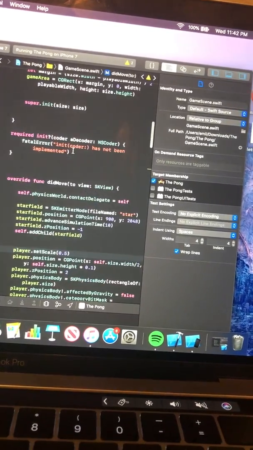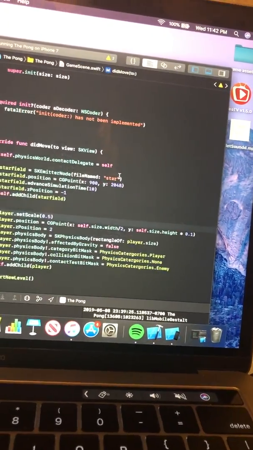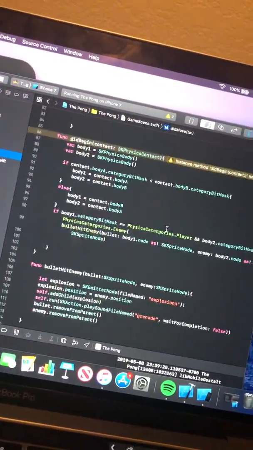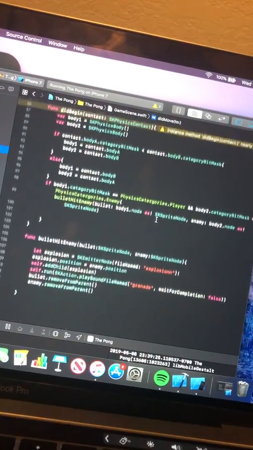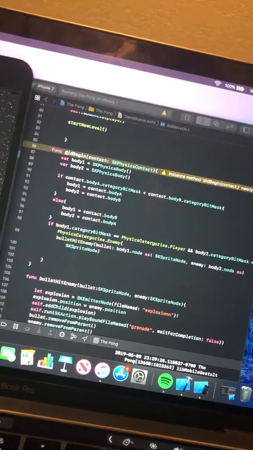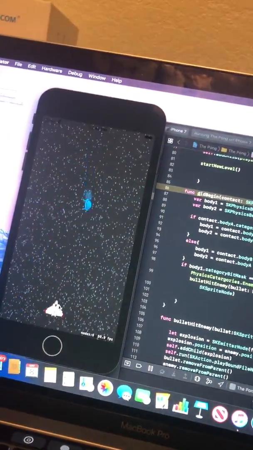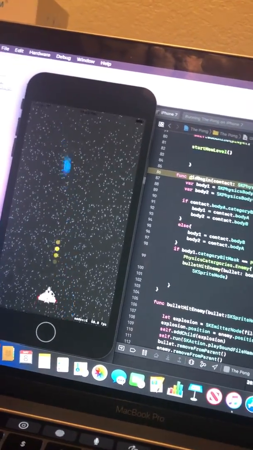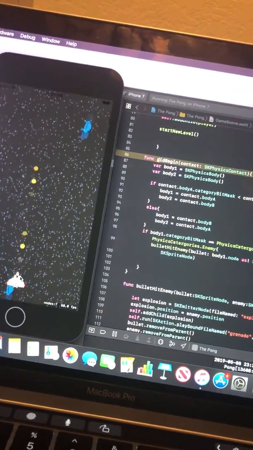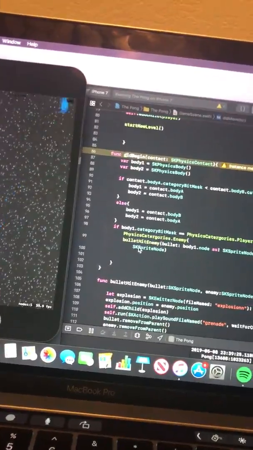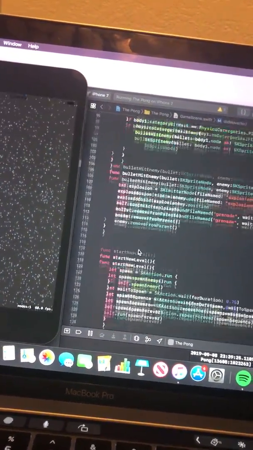So this took a lot of time. I'm stuck because the bullet won't actually hit an enemy and won't destroy it, which sucks, but I've